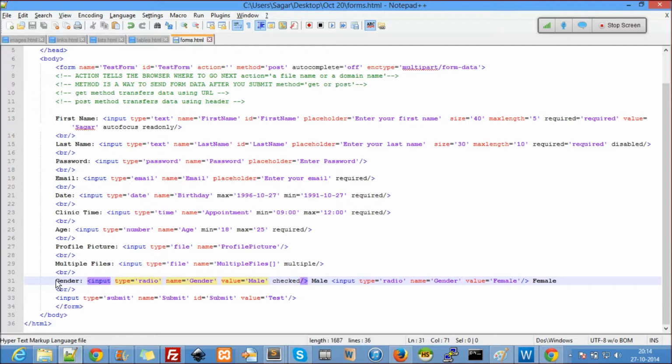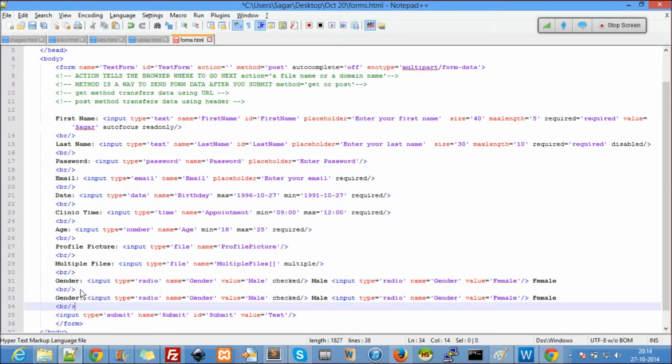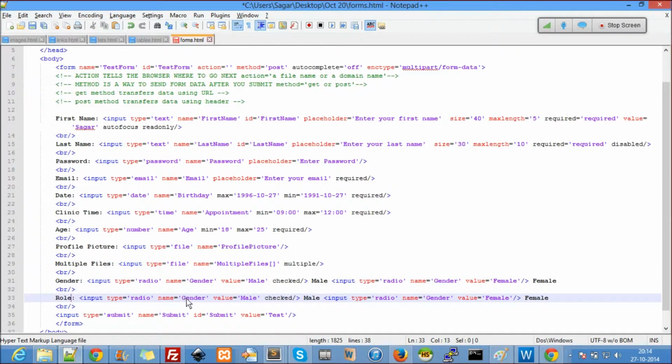Now if you want to write another radio button, let's say instead of gender I'll say role. So role, everything should have the same name. The value, let's say admin. Role value is student. I would like to add one more here.